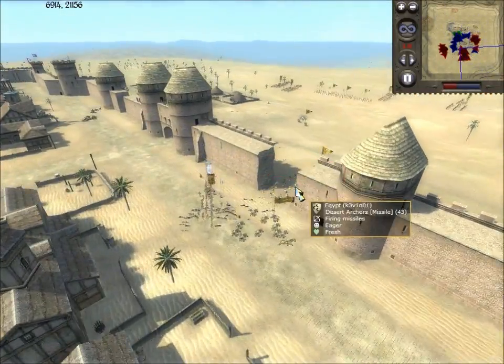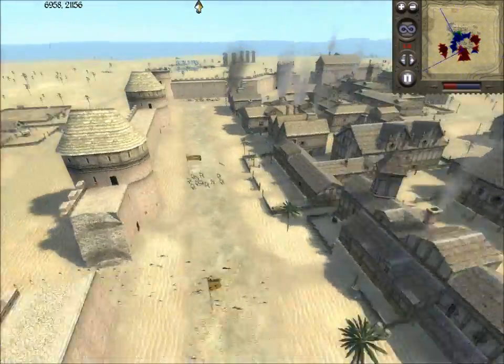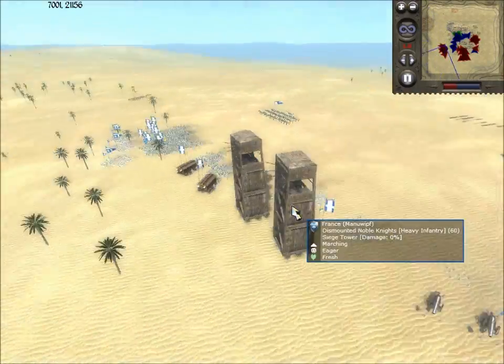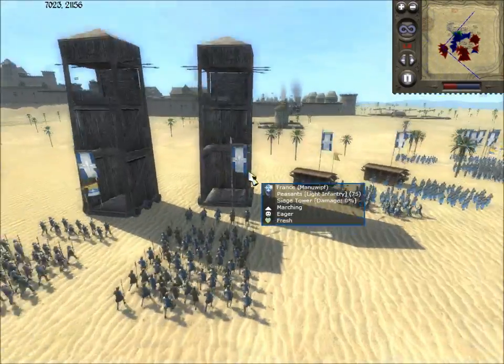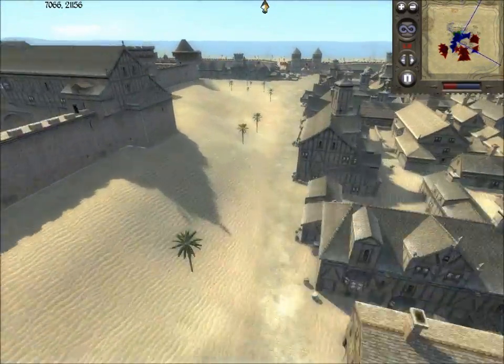Instead, he was pointing out that the enemy's coming in through the walls. Look, they have guys coming through the walls. Here come the siege towers. I was like, dude, it doesn't matter if they have siege towers. But whatever. Yeah, I'm a little bitter. Alright, so,